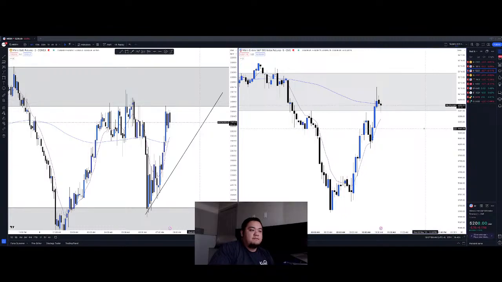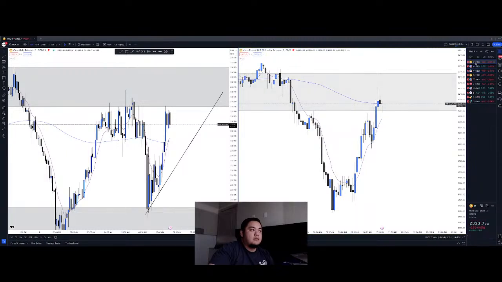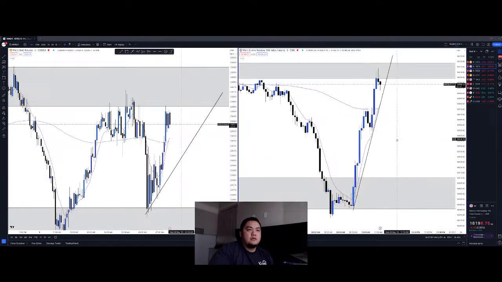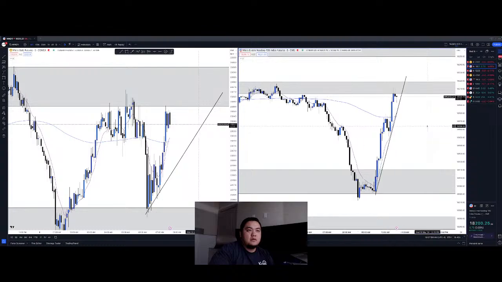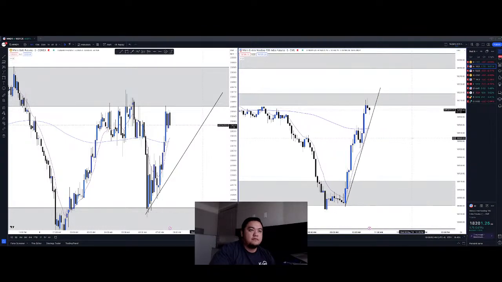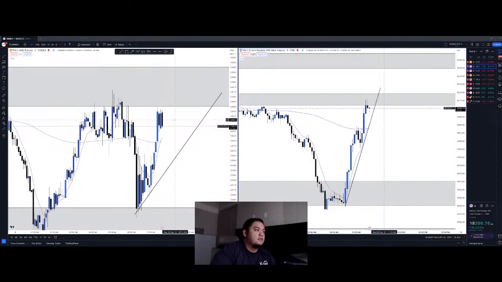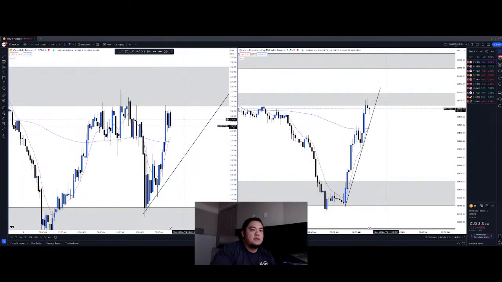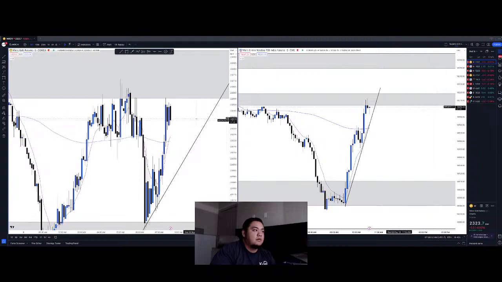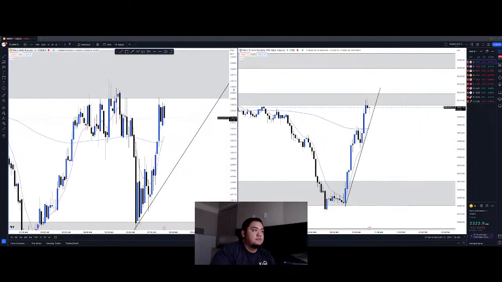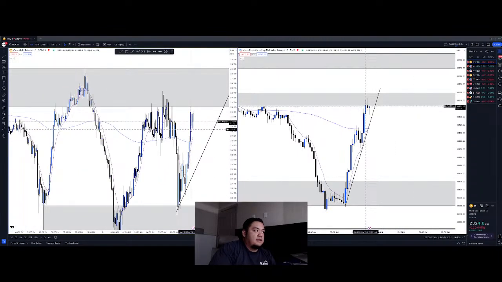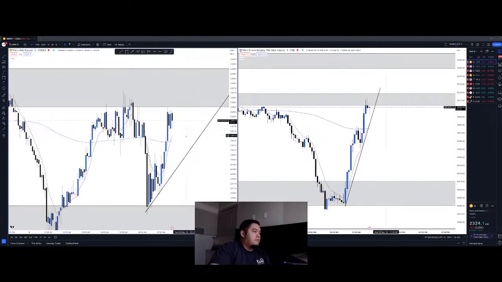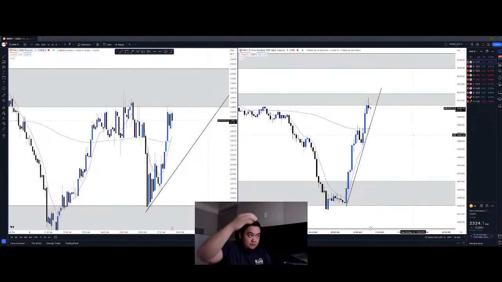S&P has a nice trend line right now. I really want to see this break. Come on. Need to break past this 5 minute zone that we're kind of stuck in. Nice. Come on. Come back down. Let's go for a lower low. If it comes back down and it starts creating a lower low, it can be a big push down. Yeah. But this is super strong. Buyers have been strong. Oh yeah. They're pushing.